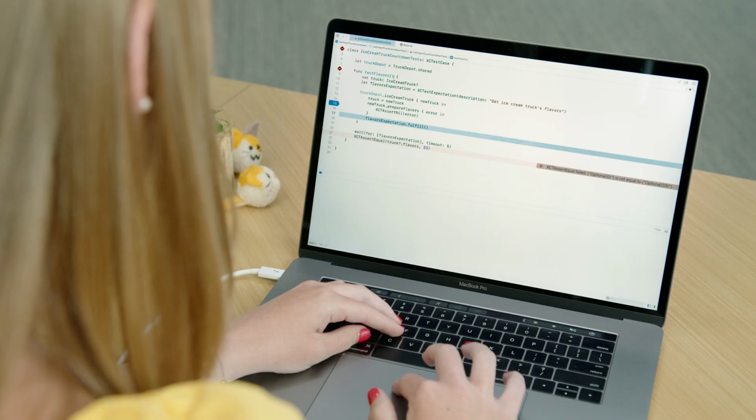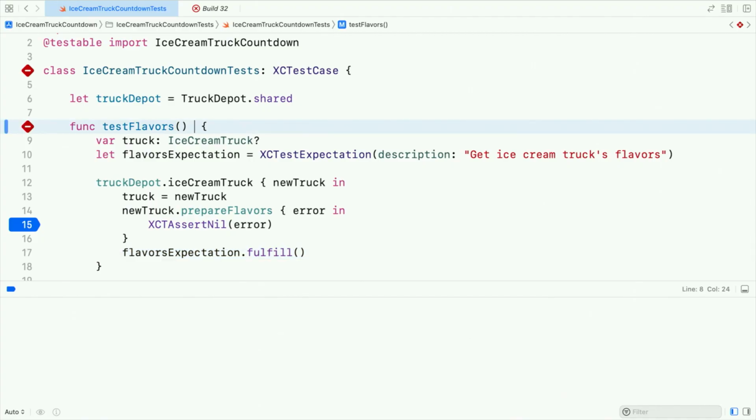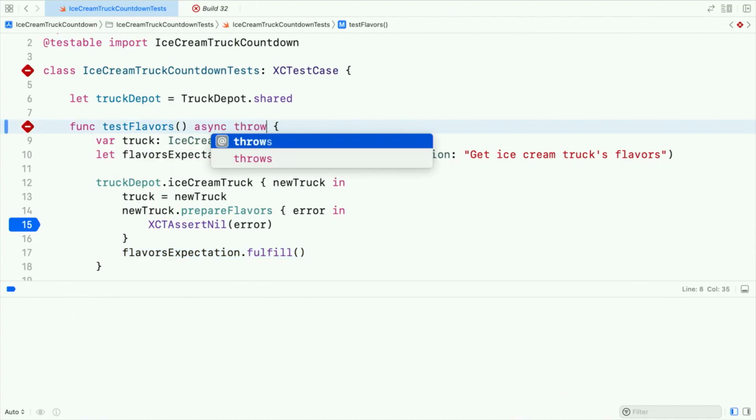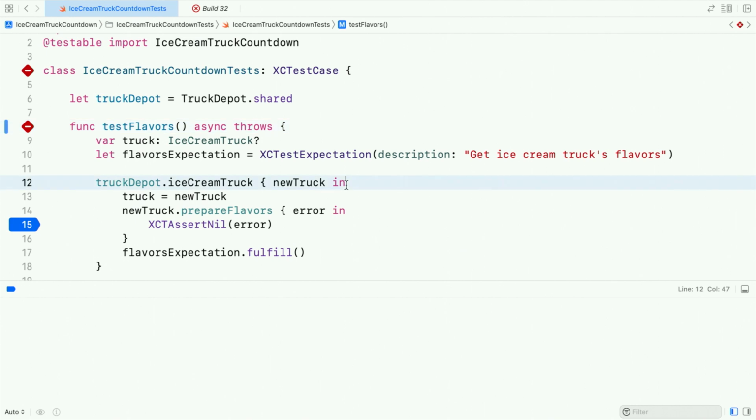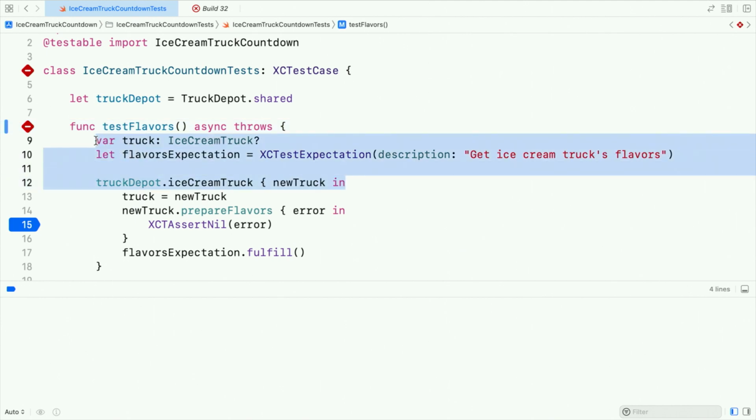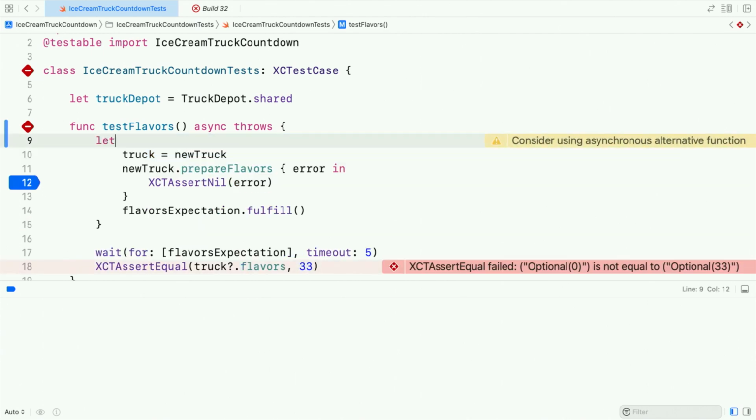XCTest support for Swift 5.5's async await lets me simplify this test so it won't happen again. To transform this test to use async await, I'll add async throws to the method header. I'll use the await version of getting the ice cream truck from the truck depot.